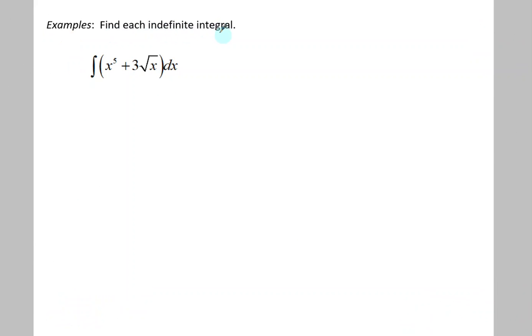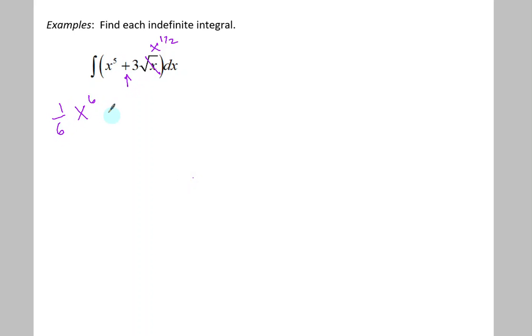Find each indefinite integral. I have a sum here, so I can think of doing these one at a time, but first I'm going to consider rewriting this radical into a power so that I can use my power rule. Instead of square root of x, I'm going to think of this as x to the 1/2, and now I'm ready to take my antiderivative one at a time because it is a sum. I add 1 to the exponent, x to the 6th, and multiply by the reciprocal of the new